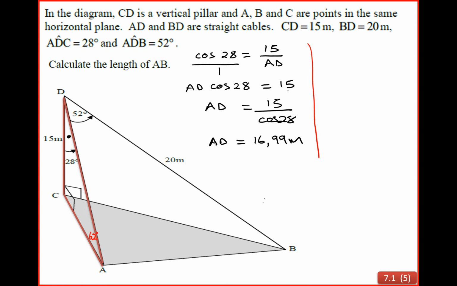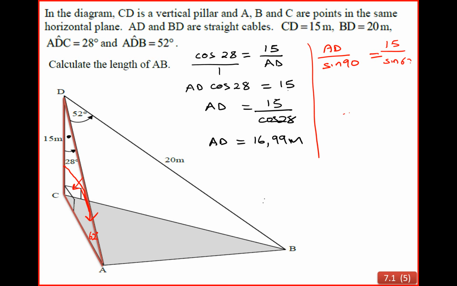Okay, so using my sine rule, we can say AD over sine 90 is actually equal to, and we got 15, and the angle opposite 15 is 62. So that'll give us 15